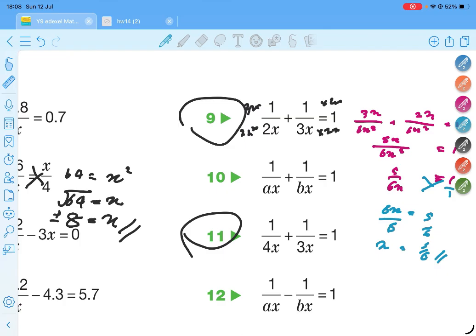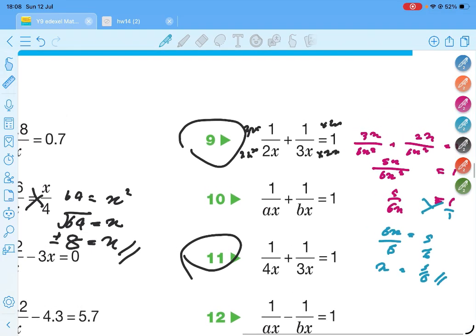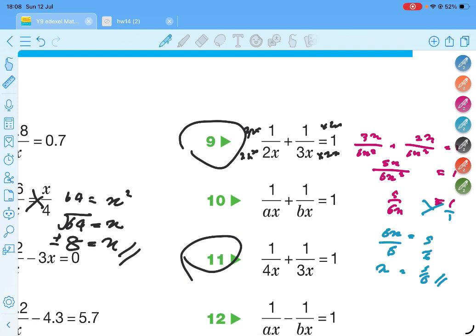Right? Identify what I did. First of all, I simplified the left side, taking the common denominator, 6x to the power 2, for both. The numerator becomes 5x. Then I can remove x and x, I can simplify. They are all equal to 1 now. I can simplify this and come to here. The right side is waiting. Now after here I simplify this and get the answer. Which answer?